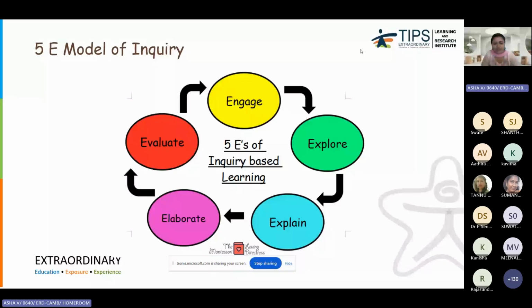Next is elaborate. The learners start applying what they learned in a new way. So this helps them to think independently and do more problem solving. And the next is evaluate. So the learners start reflecting on what they learned and share their own understanding. So to explain this with an example,